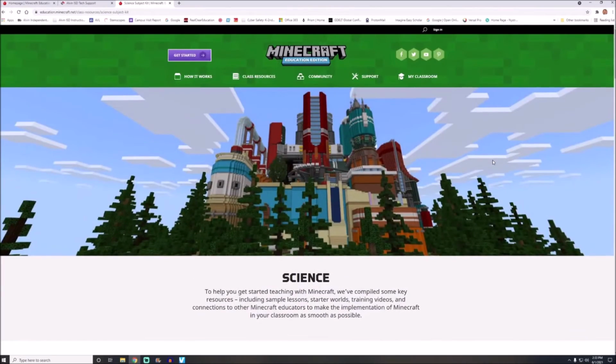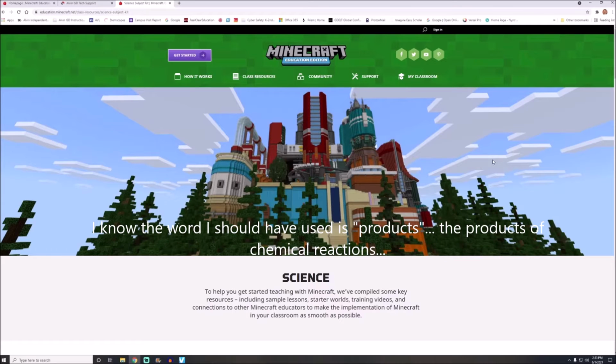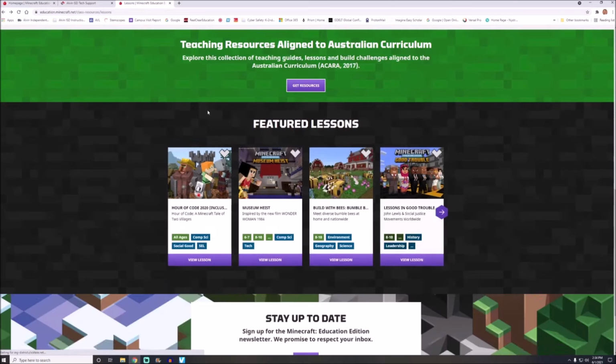It actually has a tool bench where students can combine electrons and protons and neutrons in order to create atoms, and then they can take those atoms to another crafting station where atoms can be combined, hydrogen and oxygen for instance, to make water, and then that water can be taken to a third crafting station and reacted with other compounds to produce the outcomes of chemical reactions. It is really an amazing resource. I don't want to just sit here and talk about it. Let's go back to